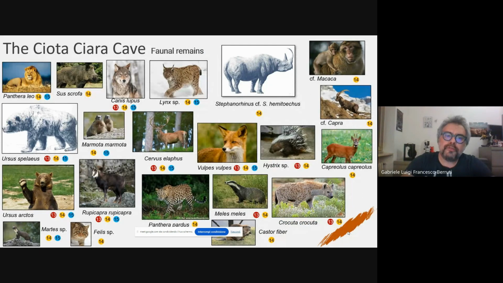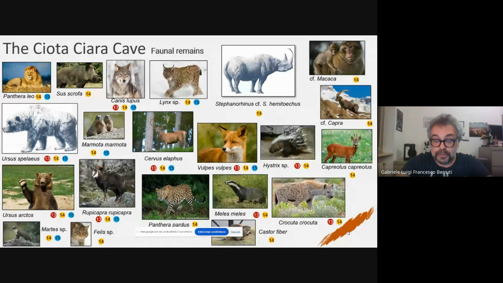In the Ciota Ciara, we found a lot of fauna remains. The association of this fauna does not give us the possibility to have a clear chronological reference, but only the second half of the Middle Pleistocene. Here you can see a lot of different pictures of the animals with the scientific name downstairs. Near the name, there is a circle of different color with a number inside that indicates the provenance of